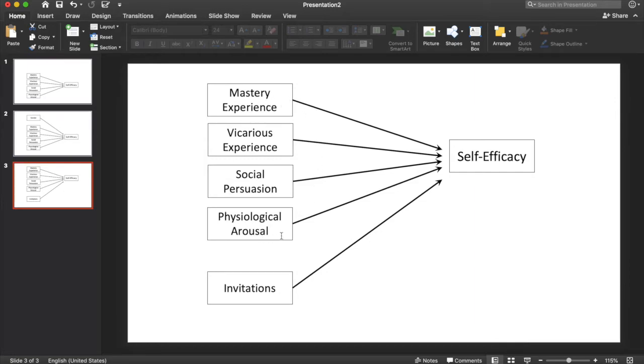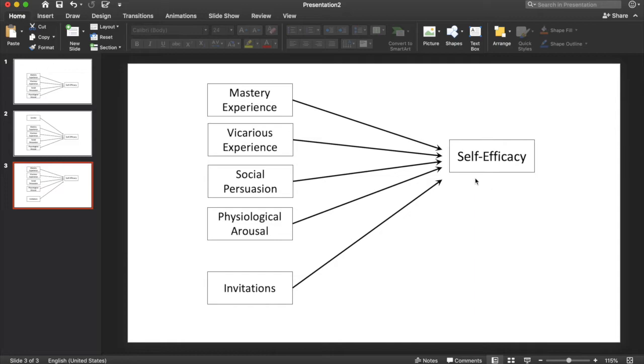So those are two possible situations wherein you might use hierarchical regression. Okay, so let us now try to do a demonstration using JASP,